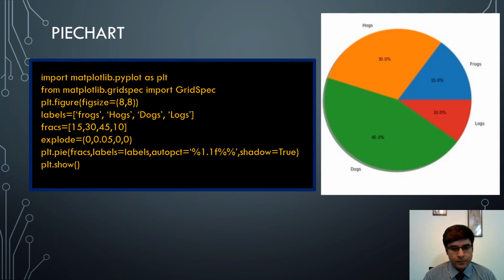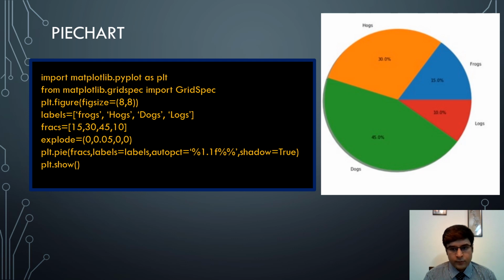Next, similarly with pyplot, how we create a pie chart is shown here. So we import the pyplot module as plt. Then from matplotlib.gridspec, import gridspec, that is used for making a pie chart. Then plt.figure, figsize equal to 8 by 8. That means we specify the initial figure size. Next, we put the labels as frogs, hogs, dogs, and logs as shown here. Labels are simply these elements shown here